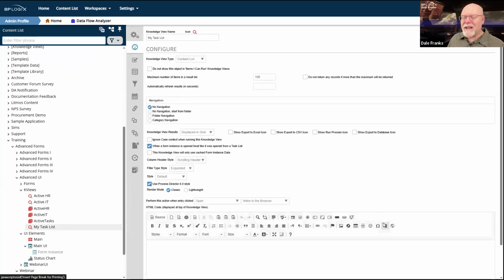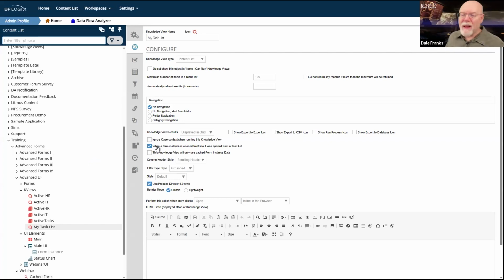What I did is I made a content list knowledge view. So it's not a task list technically, because I wanted all of the full knowledge view features, not just the task list knowledge view features. So I set it as a content list, but I did check when a form instance is opened, treat it like it was open from a task list.